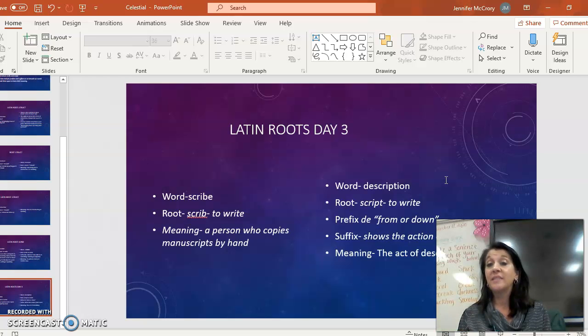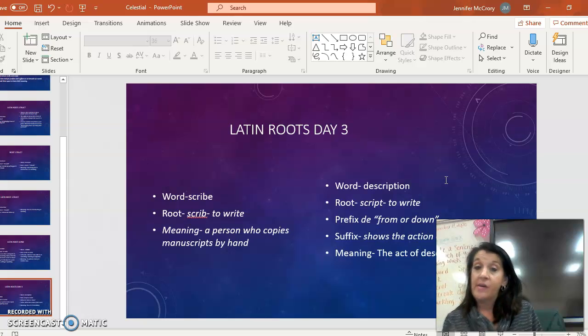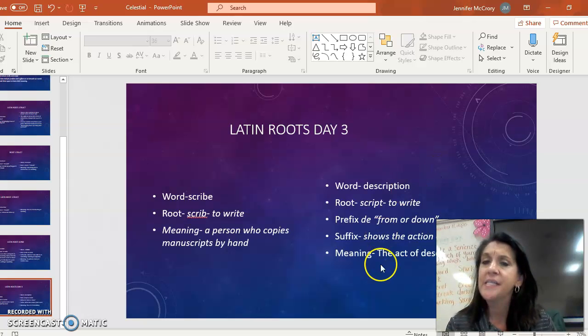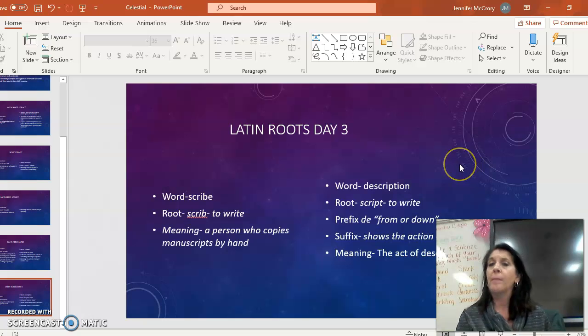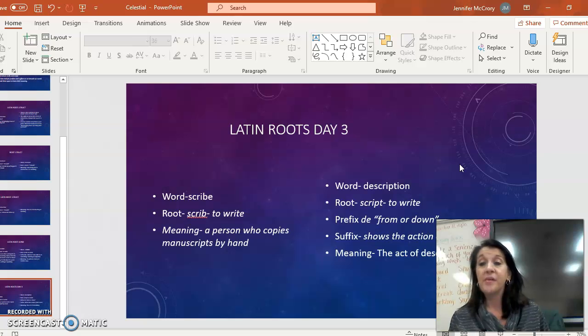It has a prefix, and we've talked about that D in description. It means from or down. Exactly. That D means from or down. So it could mean that I'm going to write something down. Exactly. Now, I also have a suffix. All right, what's that suffix? I didn't put that on there, but I wanted to see if you knew it. If you know it, type it in the comment box